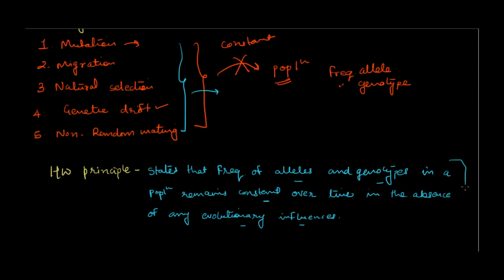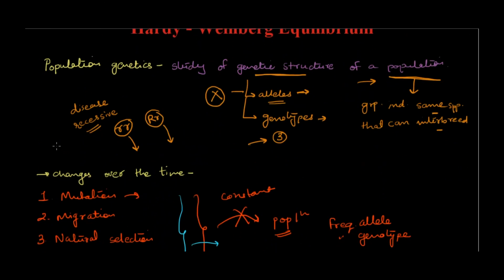Now this looks like a very ideal condition, right? Is it possible naturally that none of these factors would be working on a population? No, right? In the real world it's not possible. So then why are we using this Hardy Weinberg principle when in the real world it is not possible at all? As I said in the beginning, if you make the assumption for that particular population that none of the factors are working on it, we can actually calculate the frequency of particular alleles or genotype in a population,